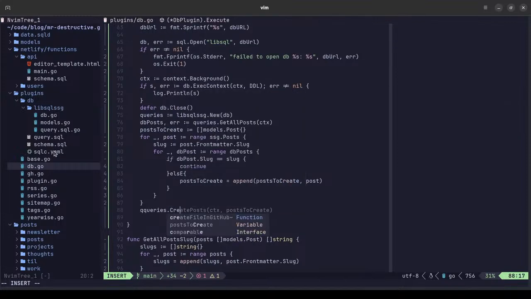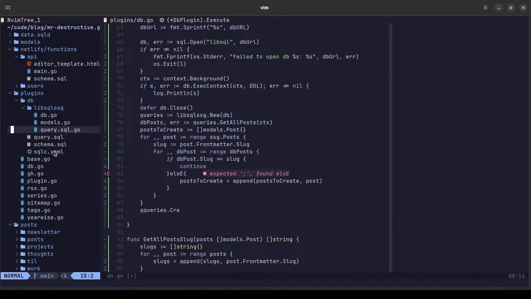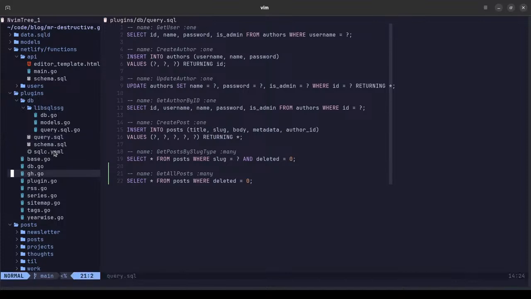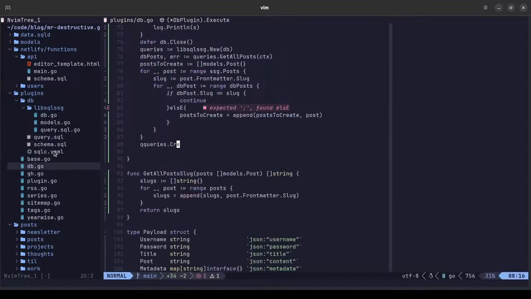I think we have the option to create post, so we'll have the schema, the query. This will create post, and here we'll call